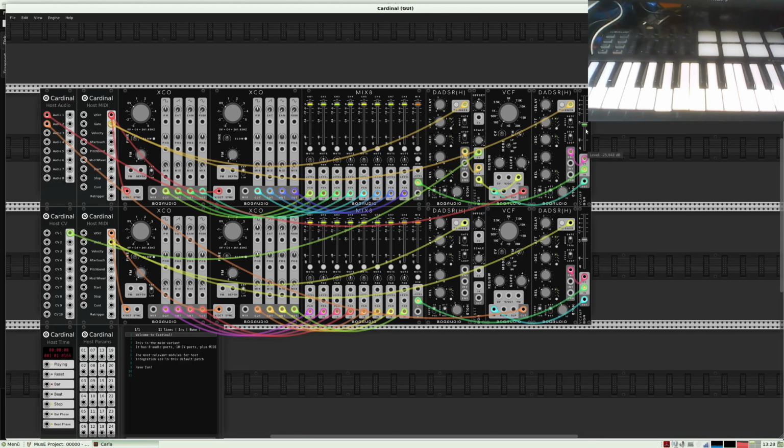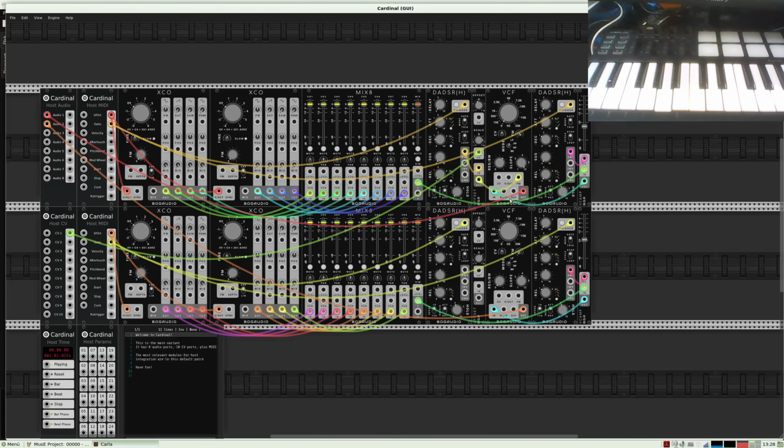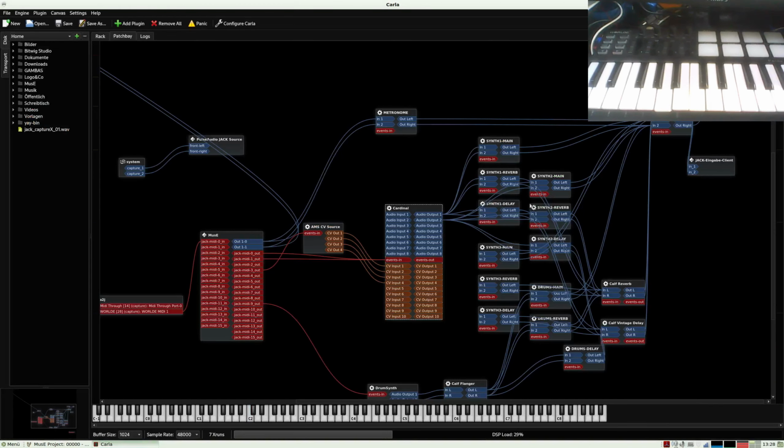Okay. So here we are, and now to the next thing, change the values here for reverb and delay.